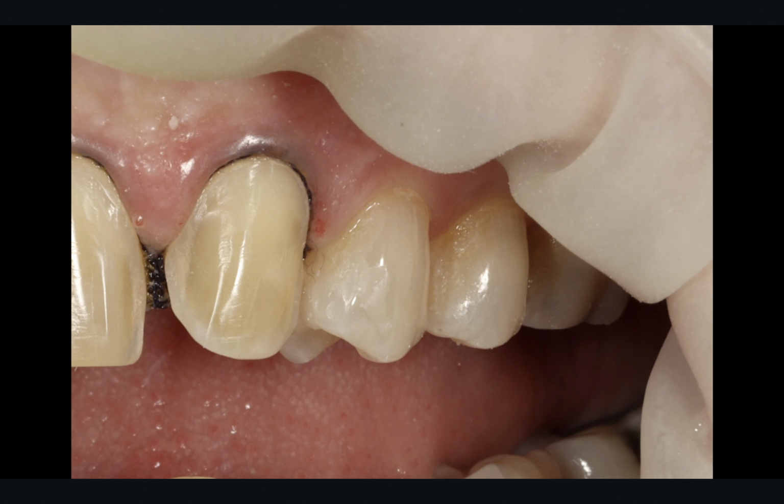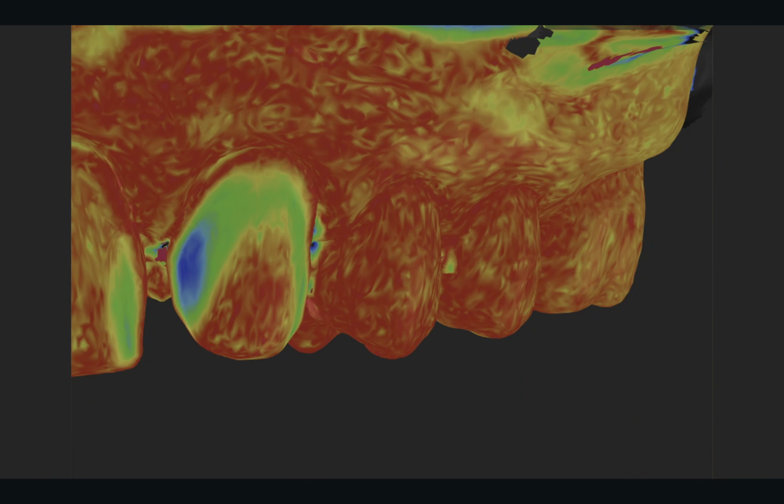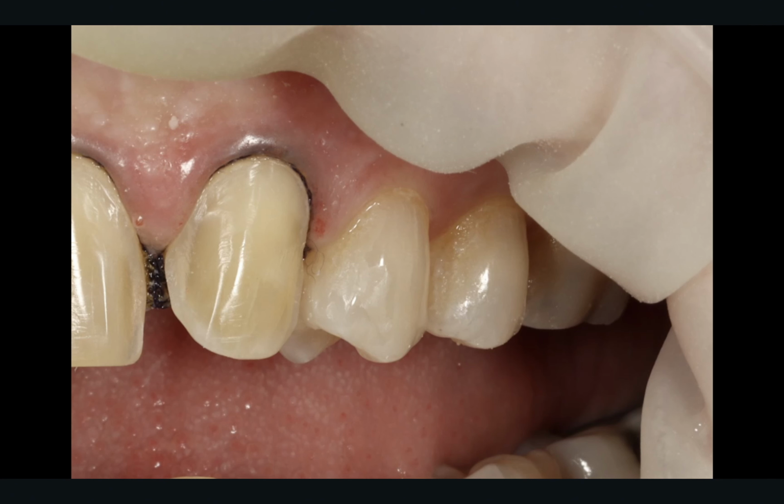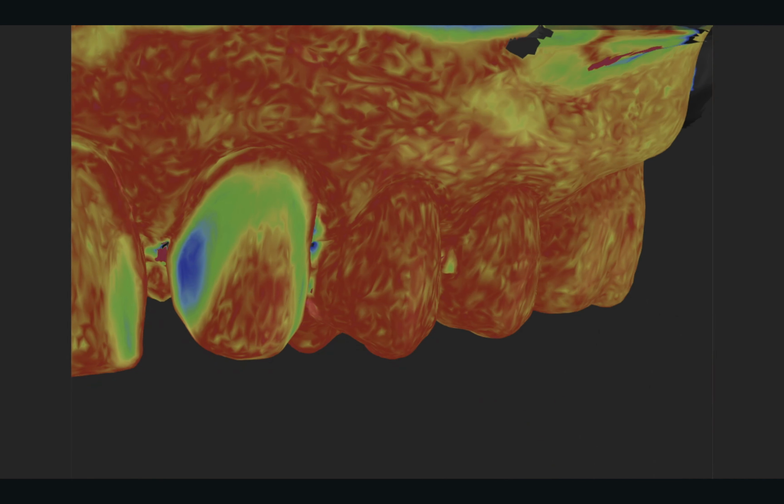So I prepped and I thought, looks good. I've done a good job. Looks very nice. And then I scanned, which took about 2 minutes, and then I overlaid it and realized, no, it is not as good as you thought it was. It's under prepped in a few of the areas. And if you were to send that to the lab, they're not going to be able to do what they need to do. Or they'll have to make it finer and thinner in that area,